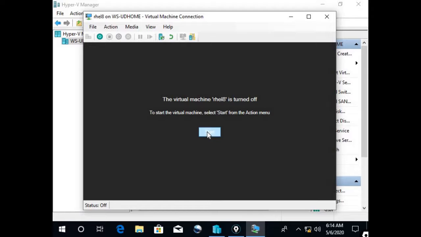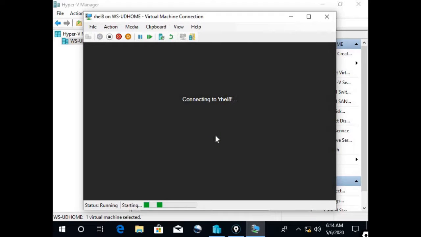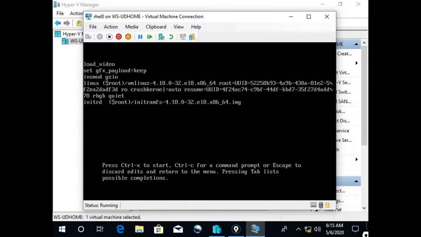When the grub menu appears, we have to press an arrow key on the keyboard to interrupt the grub menu. In the grub menu you can see the kernel line. If you click on this line, your machine is going to boot, but this time I'll press E to edit, so that I'm not allowing the system to enter into the kernel.